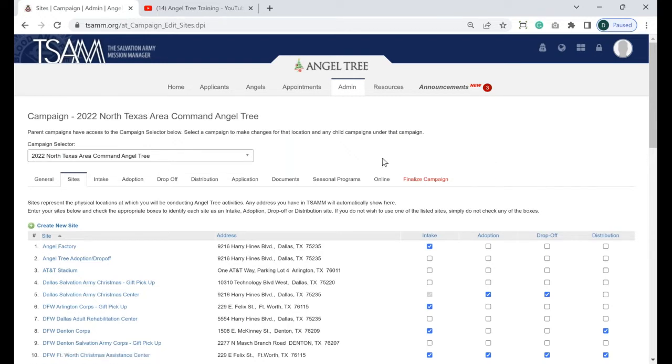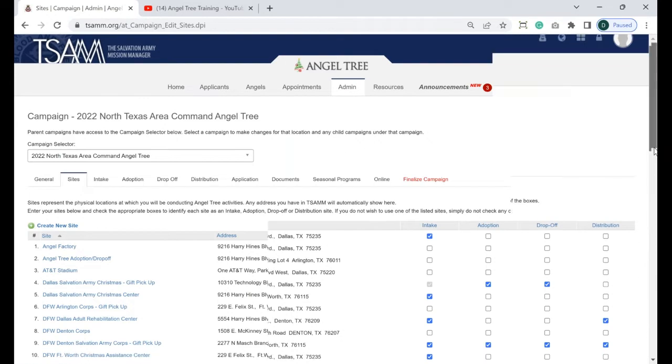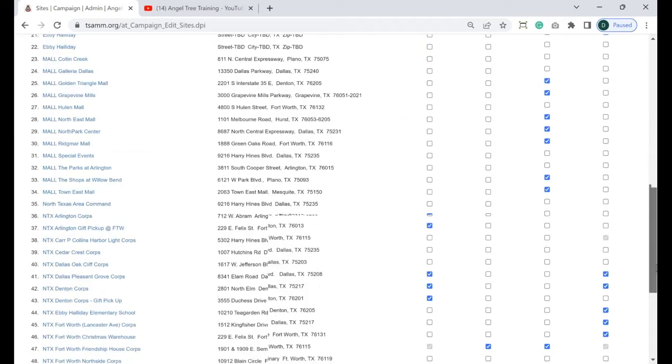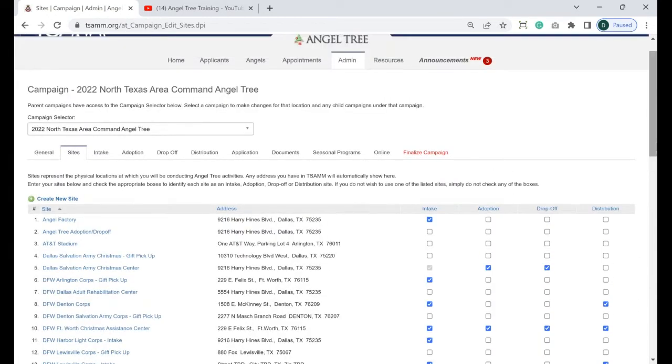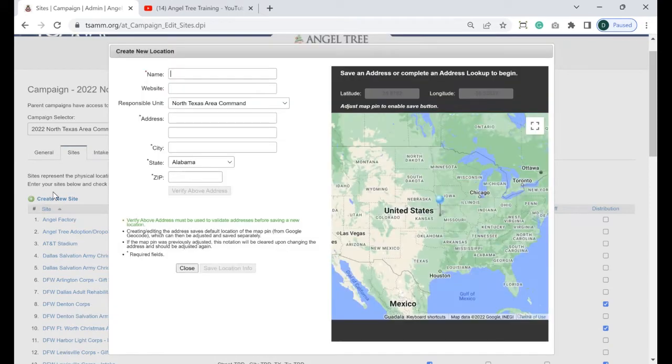So I'm here under sites, admin campaign sites. You can see here we have all kinds of sites already set up. But let's say I want to add one for my distribution. What I would do is just put a placeholder there. So I'll click add, create a new site. I would go ahead and fill it out. I would call it something like